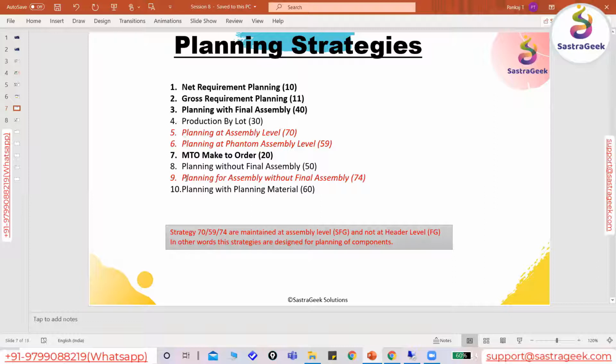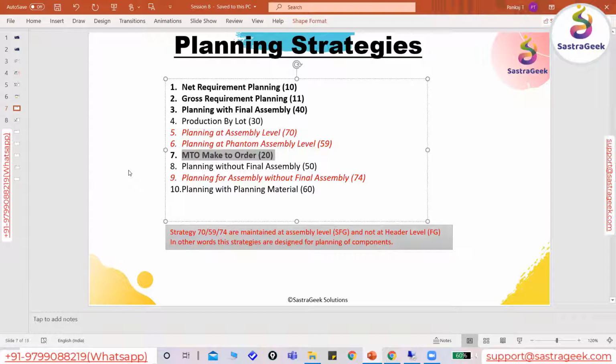That kind of planning strategy will be maintained at the semi-finished material level. Okay. And we will plan the semi-finished material, get the semi-finished material in the stock, and then we will go and do production for the finished material. The finished material could be mapped with any one of the planning strategies that is maintained in the black color. That means at a very high level, the planning will happen in that fashion.